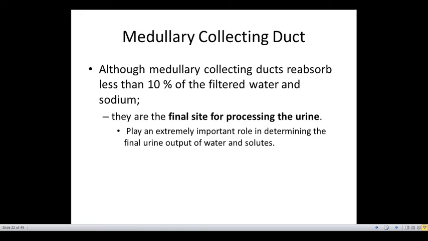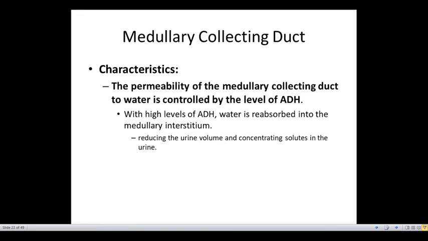The epithelial cells of the collecting ducts are cuboidal and have relatively few mitochondria. The special characteristics of this segment are: